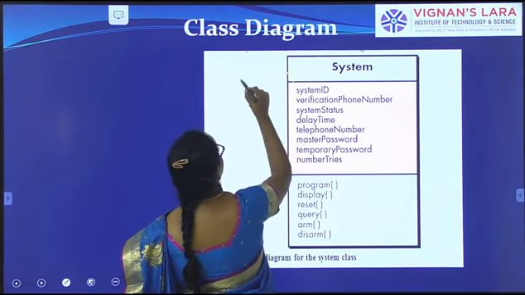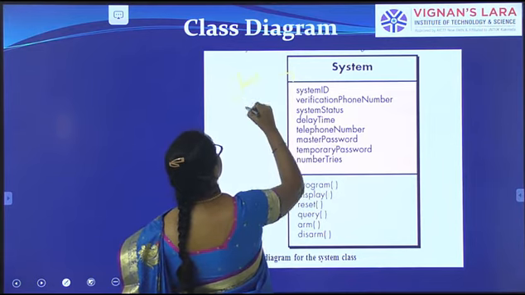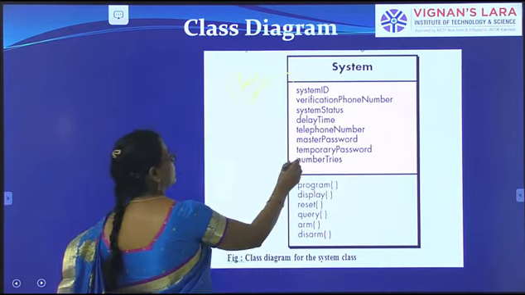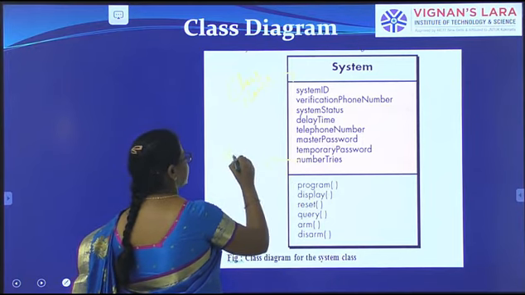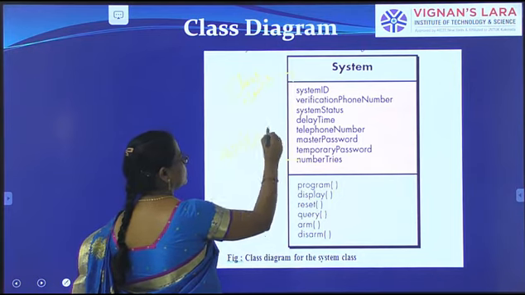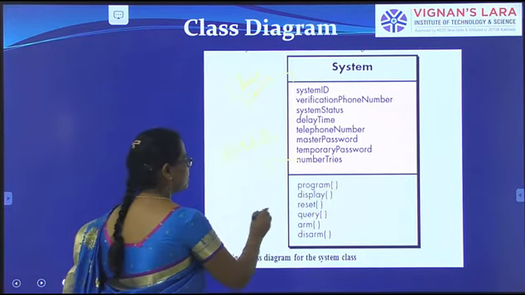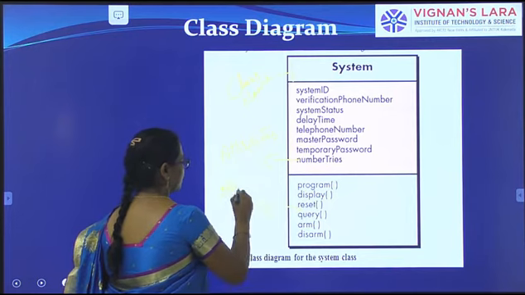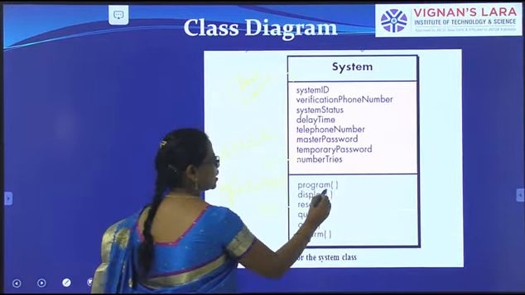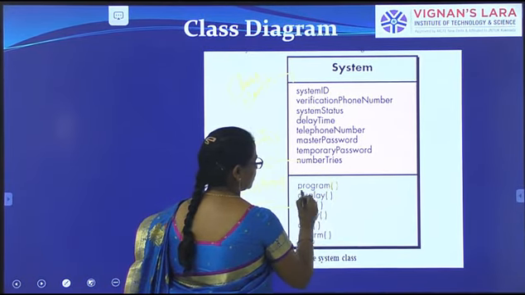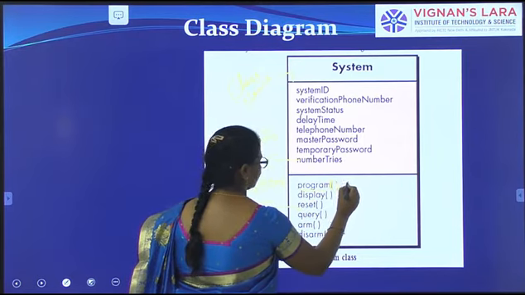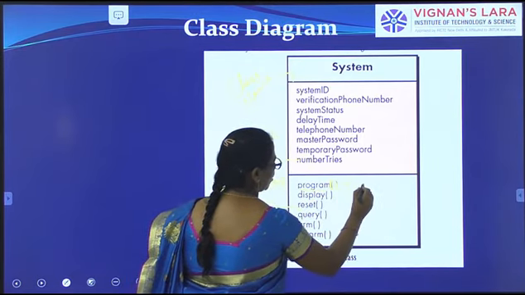The second part is the attributes. And this part is the operations. Operations are nothing but the functions. Text with braces is called a method or function. We can call it a function or a method.